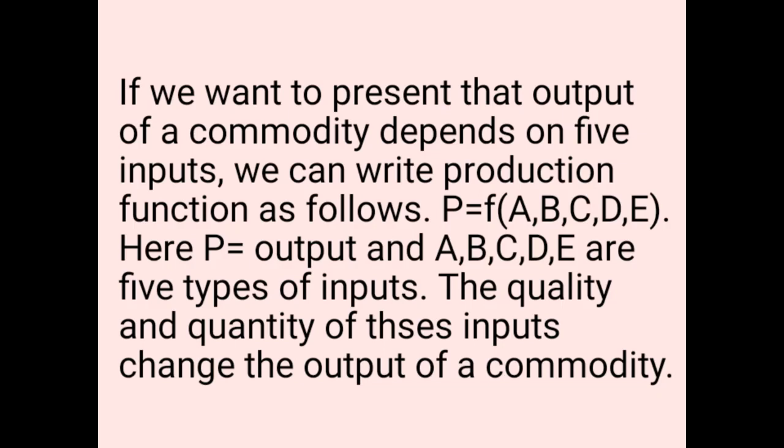If we make variation, if we make changes in inputs, quality and quantity, it will definitely reflect in our output. If we are using smaller quantities of input, then we are going to get smaller quantities of output. If we are using cheap raw materials, we are going to get that type of output. If we are using good raw materials or good quality of inputs, we are definitely going to get good quality of output.